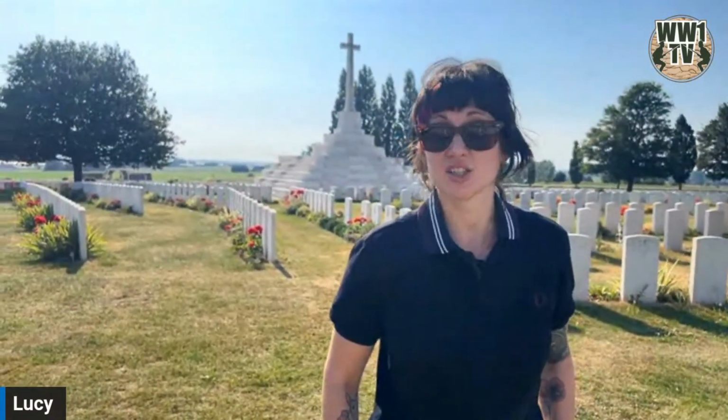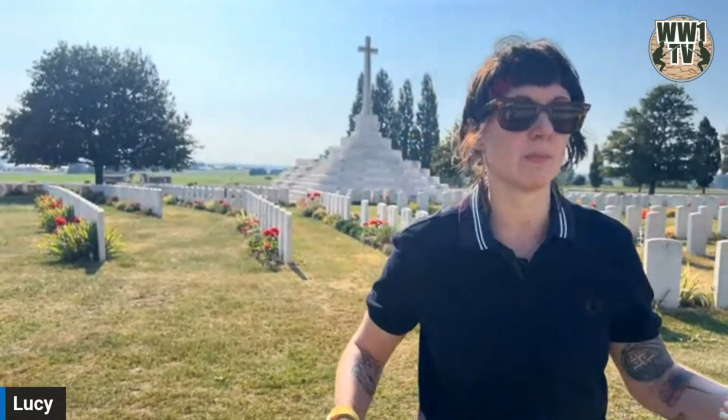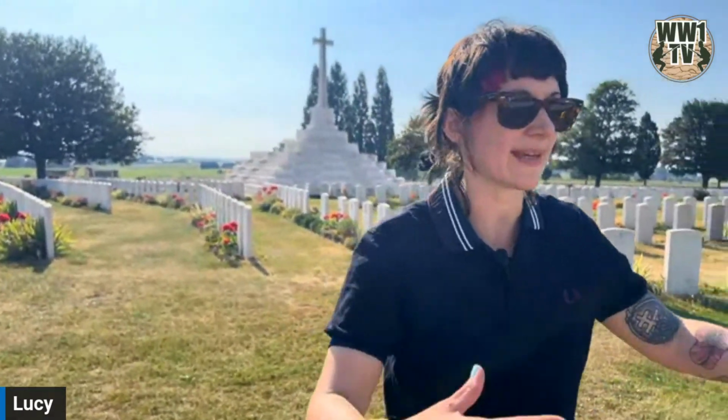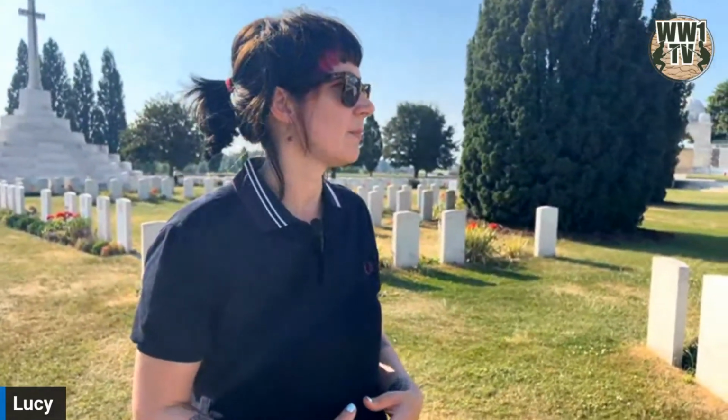And it's a large space, obviously, so you can bring multiple groups here and it still doesn't ruin the kind of feeling. It's not loads of kids screaming and running around the place. You get that space to process it, which I think you need when you're visiting. But for some of the smaller cemeteries, there are some that get a handful of visitors a year,